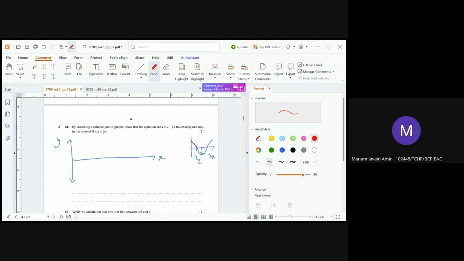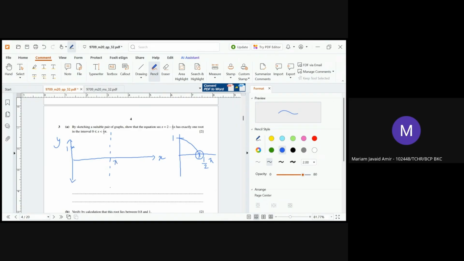Okay. Now we know that secant x is the reciprocal for cos x. So let me make cos x in the given domain slightly wider. So cos x looks like this. It's 1 here and 0 here at half pi. Okay, so if we're sketching the reciprocal of this graph, we know reciprocal of 1 is still 1. So we'll have a point starting from 1. When cos x is 0 here at half pi, secant x will be undefined because the reciprocal of 0 is undefined. So we make a dotted line here